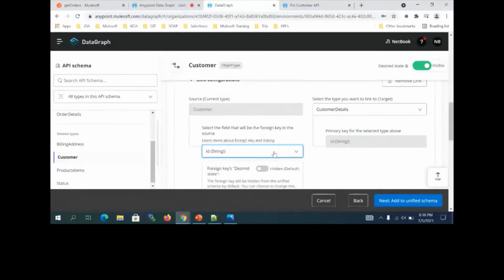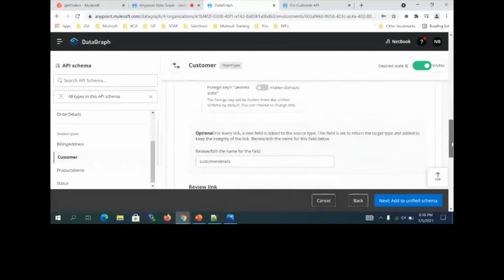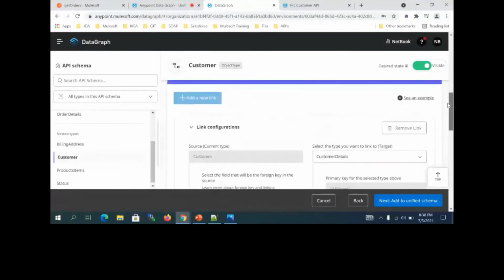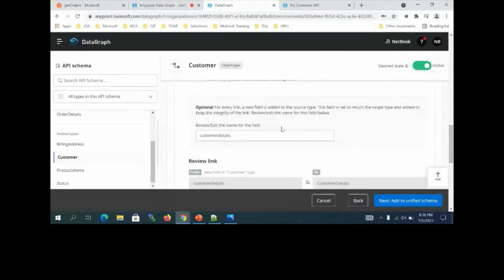This ID I'm going to match with these two elements. So I'm adding the two over here. This is how we can link those two data types. And if you don't want to keep it as customer details, you want to keep a different name, you can keep a different name over here, unified customer details or anything. If you want to put it, you can put that also.